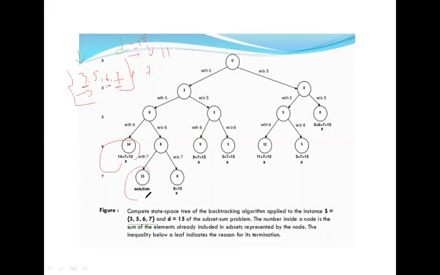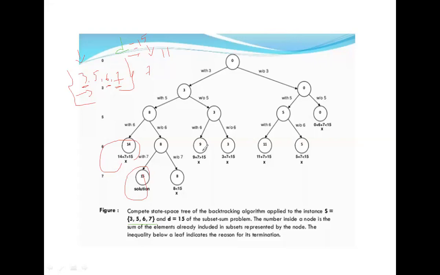So this is the final solution. Here, without including 7, the previous value is 8, which is less than 15, so we move back and consider this point. We have to construct all the values, because is it possible to get 15 through another combination? We don't know, and that's why we have to check all possibilities. So here, without considering 5, the next value is 6. So 3 plus 6 is 9.